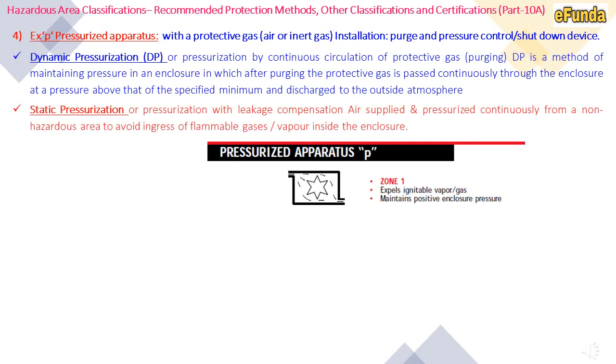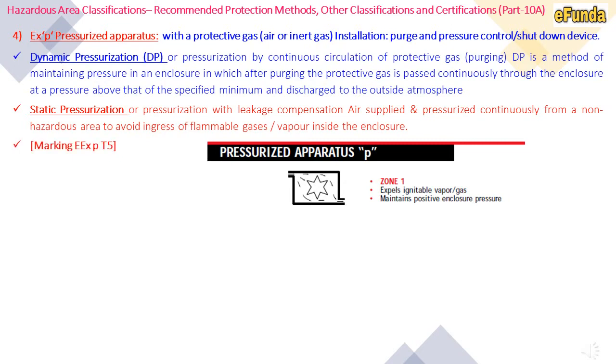Static pressurization, or pressurization with leakage compensation: air is supplied and pressurized continuously from a non-hazardous area to avoid ingress of flammable gases and vapor inside the enclosure. One can see the representation of this pressurized apparatus P, applicable for zone 1, which expels ignitable vapor and gas, maintains positive enclosure pressure, and the markings are